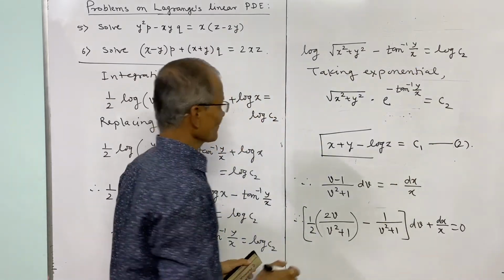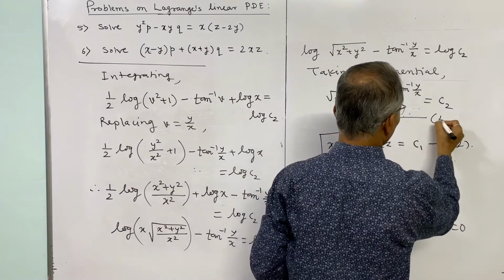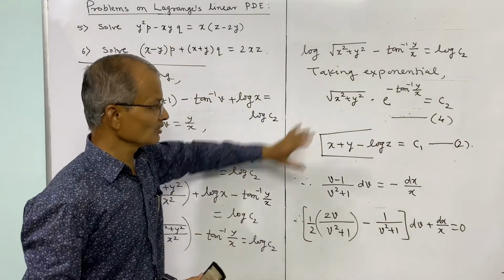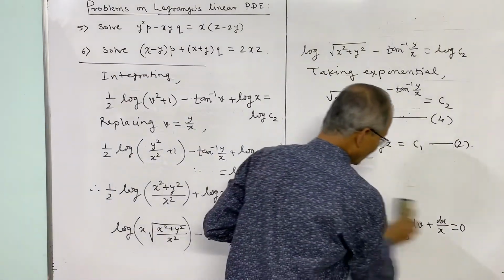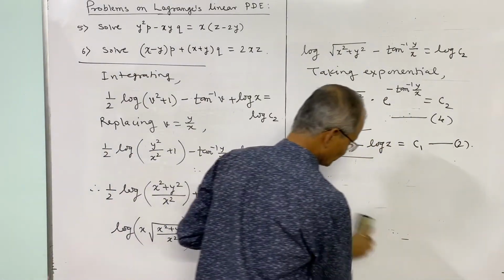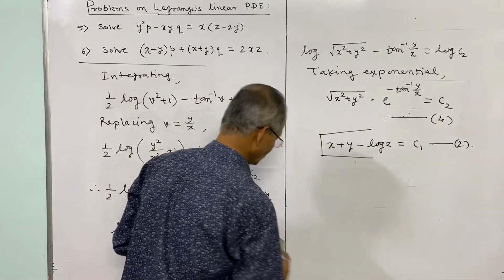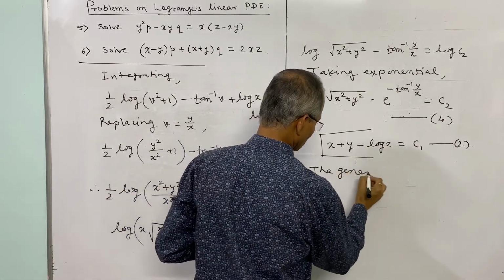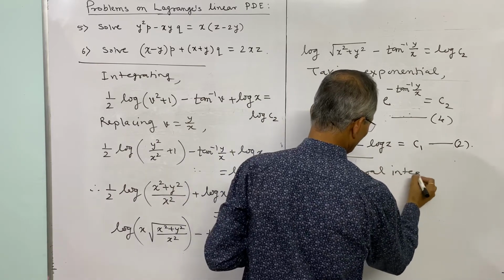So this is our next solution, which is 4. Third number we have given earlier. Now from these two, the general solution can be written. Therefore the general solution, the general integral,